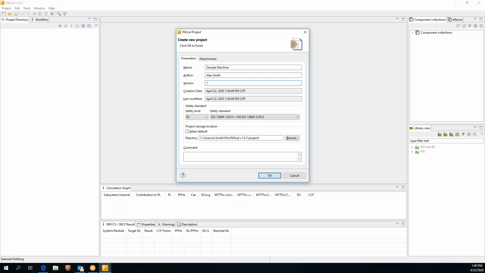The next thing I want to make note of on this screen in particular is that you're going to need to select the safety standards that you want this project to abide by. Most often, like Randy mentioned, you're going to be working with PL, which is ISO 13849 referenced, or a SIL level, which goes over to the EN 62061 standard. Since we're working with PL today, because that relates more to other machinery that we're dealing with, whereas SIL is more for process, we're going to keep it on PL. The area below that is where we want our project to save on our computer once we're done with it, and you can make any comment about your project in the box below as well.